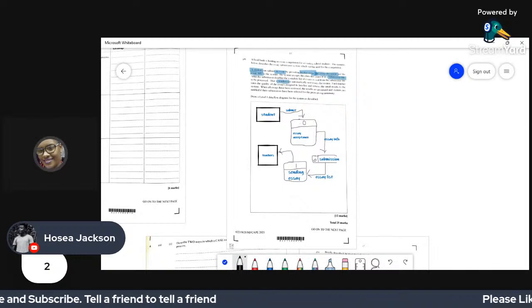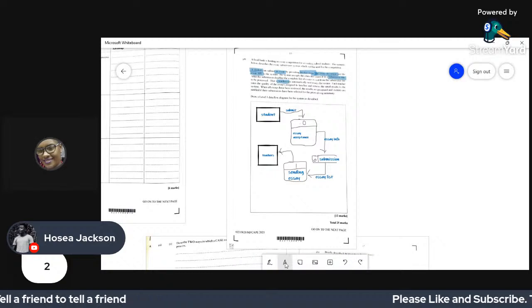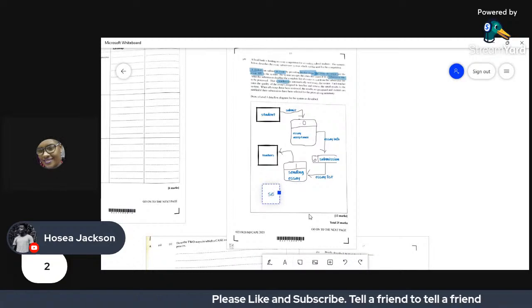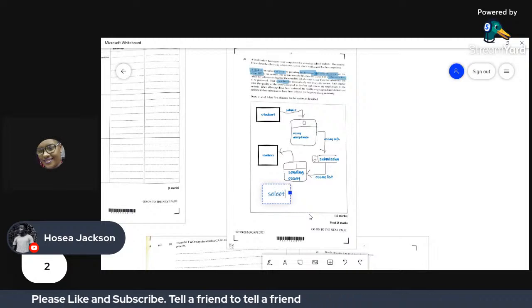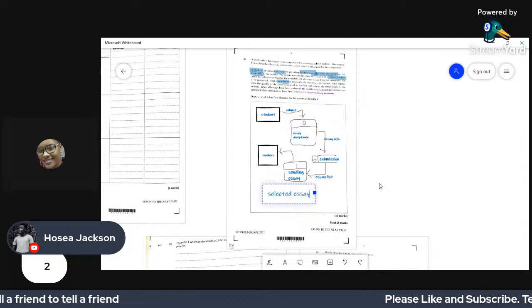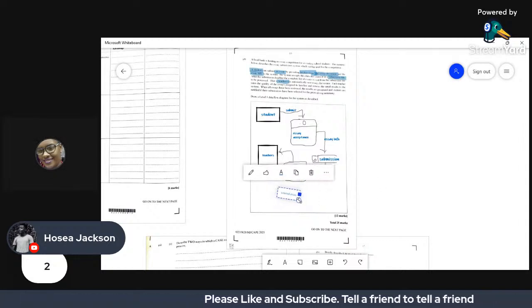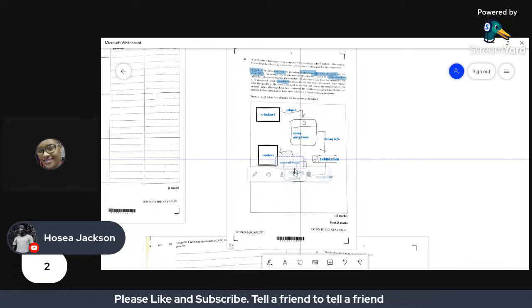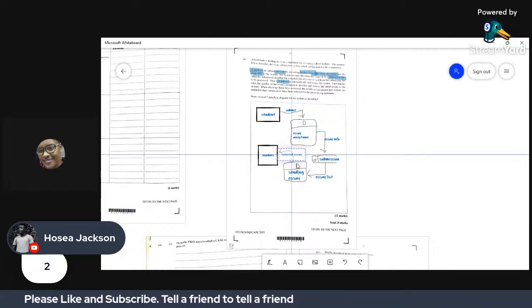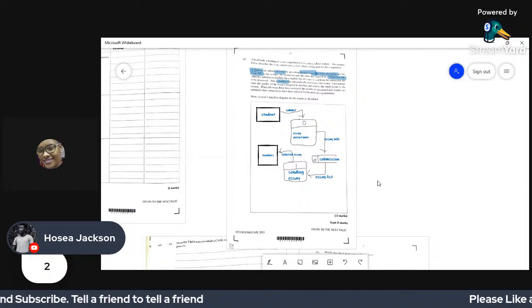But in this case now, it is the selected essays because they're going to vet. So it is a selected essay that is going to be submitted to the teachers. Not all essays, just the selected ones. So I'm going to put that one right on the line there. All right.